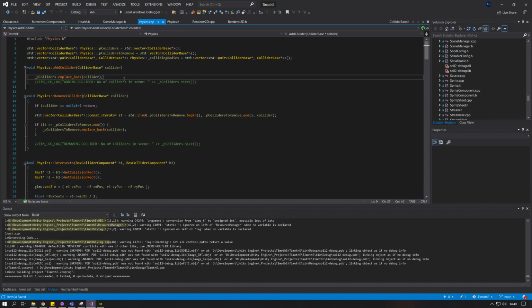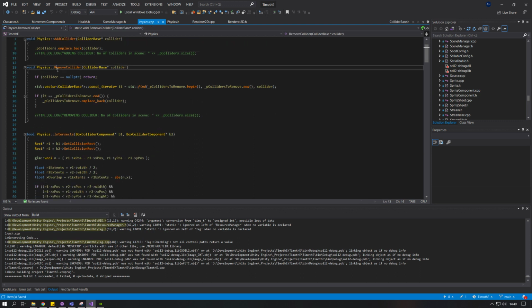So if we look at some of these methods, you have add collider, which just places it back. There is the timlog system, which is a logging system used in the game, and this just outputs the file name and line number. Here it will give the file path to physics.cpp, line 10, number of colliders in scene, etc. That just helps with finding our logs and doing things in a nice, organized manner. Anyway, add collider adds a collider, and remove collider